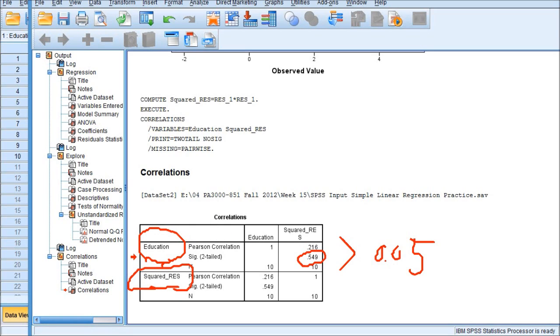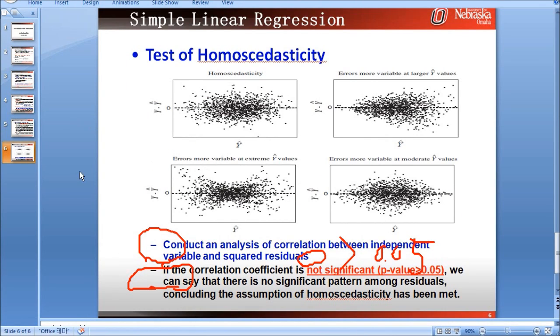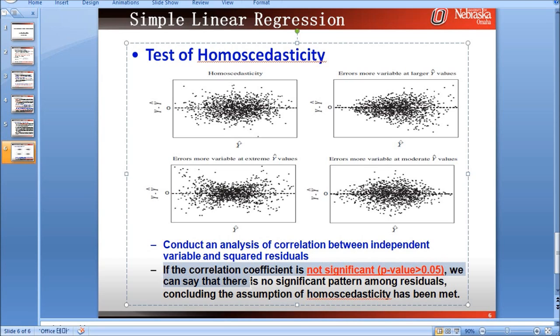Let's get back to this PowerPoint slide about interpretation. Okay, this is the test of homoscedasticity.